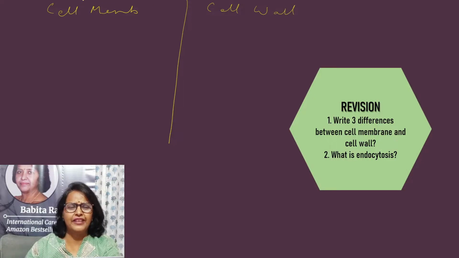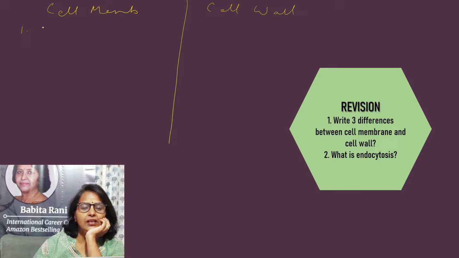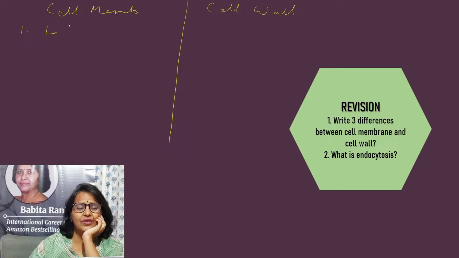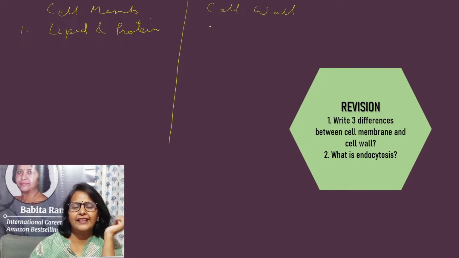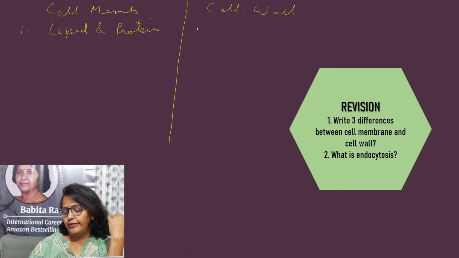What are the three differences? The first one was cell membrane is made up of lipid and protein, whereas cell wall is made up of